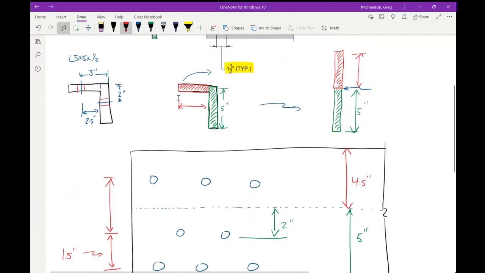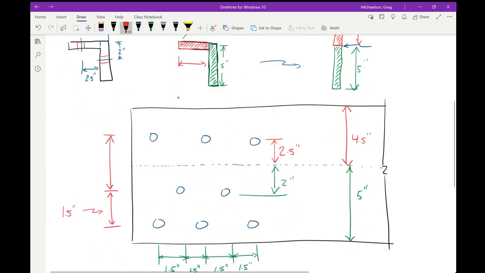So if that's 2 inches, is this 3 inches or is it something else? Again, my art could have been a little better. 3 inches minus the thickness, exactly right. So this is 2.5 inches,